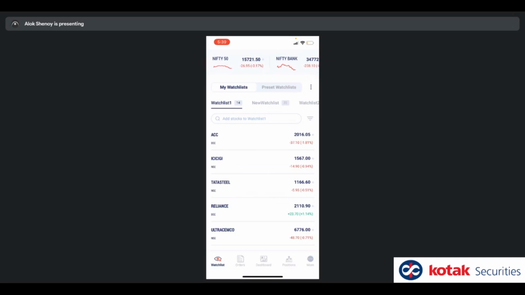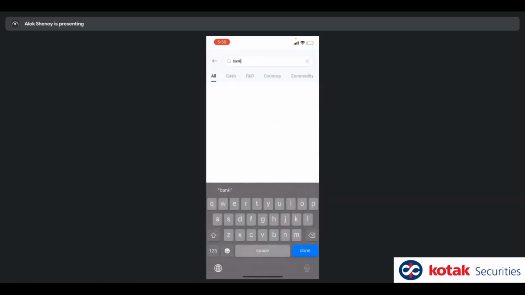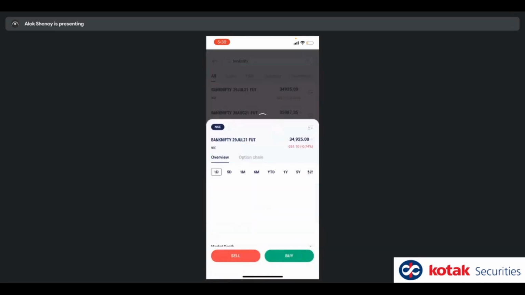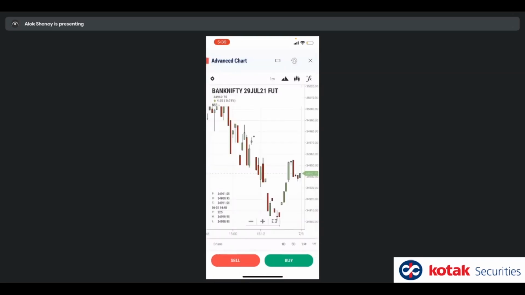Okay, can you once again please show how to go to Nifty or Bank Nifty futures charts? In search, I just type in Bank Nifty. I get a future, for example. I tap on this future. Beside the 5Y, this is your basic chart, 1D, 5D, etc. You can get it from here as well. But beside 5Y you've got this icon which looks like 3 lines. Click on the 3 lines. It opens up the advanced chart, giving you this plot.